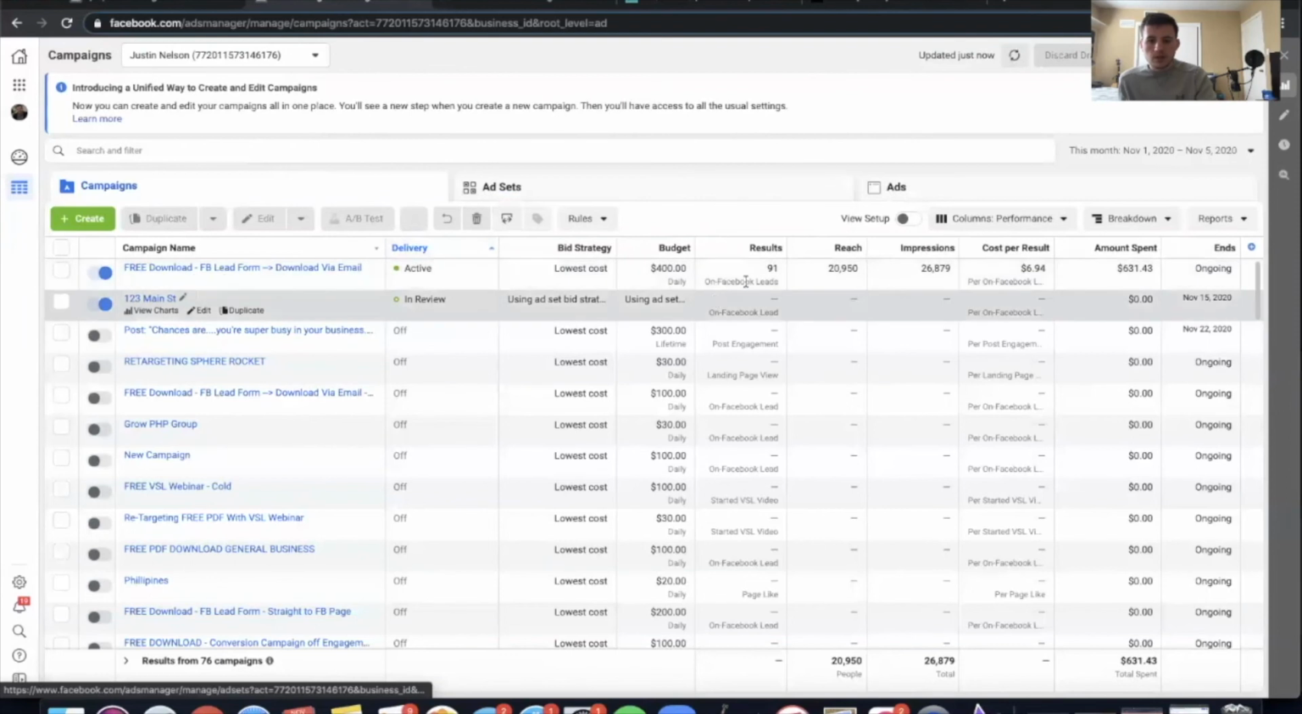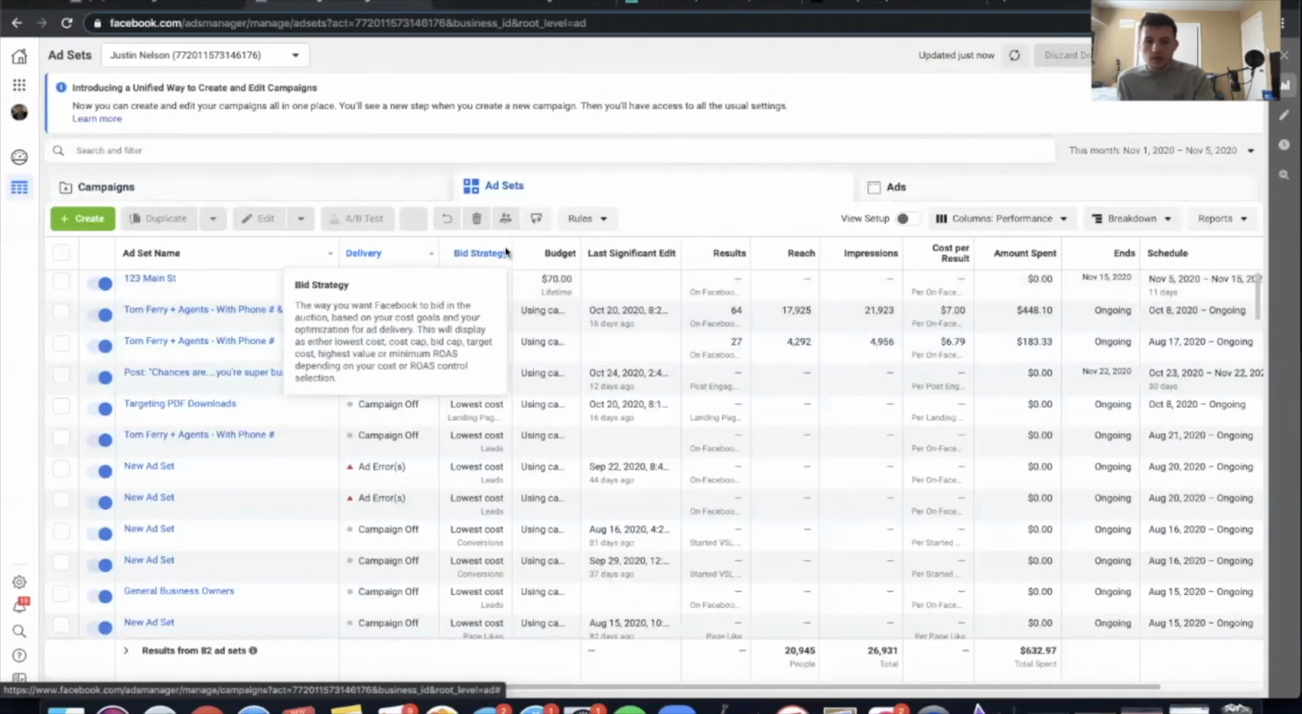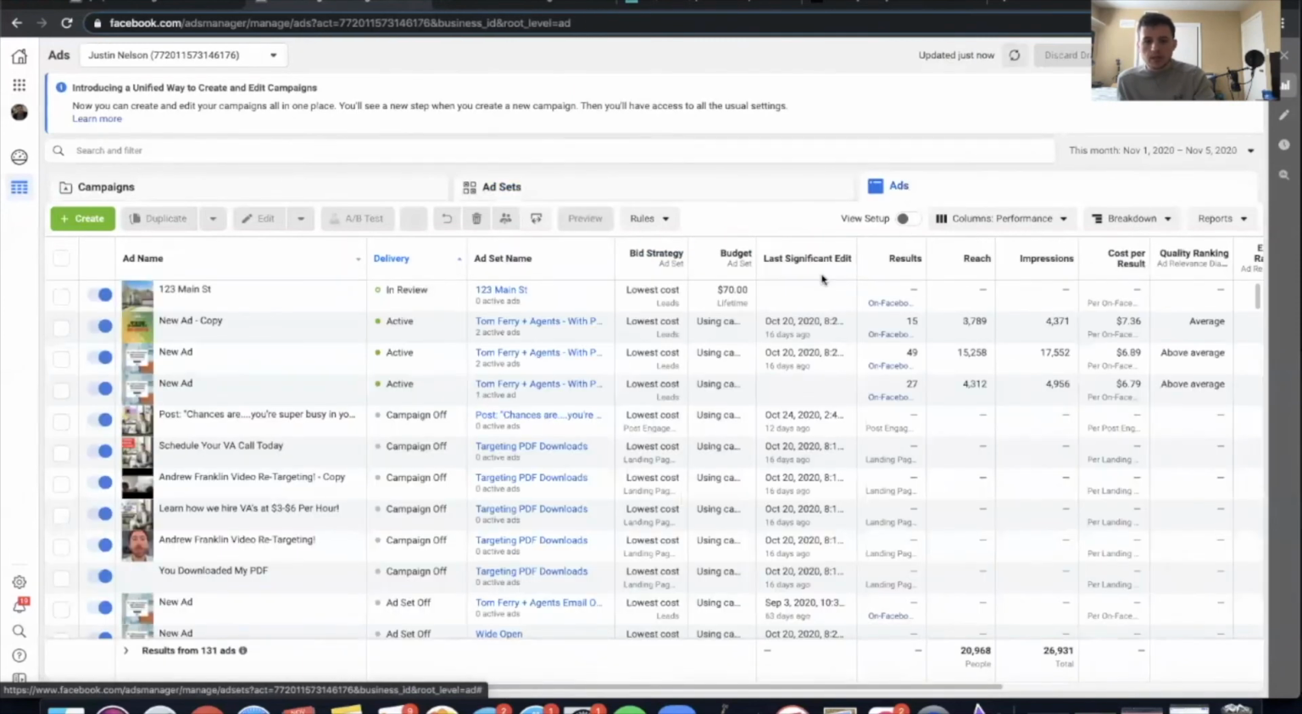You can see the results, the reach, impressions, cost per result, amount spent, and when the ad ends. You can see all of those things from the campaigns page. From the ad sets page, you can see all of these parameters, right? So you can constantly be checking these while the ad is running. It's not ultra important. The main things that you want to be checking on are when you click on ads here,